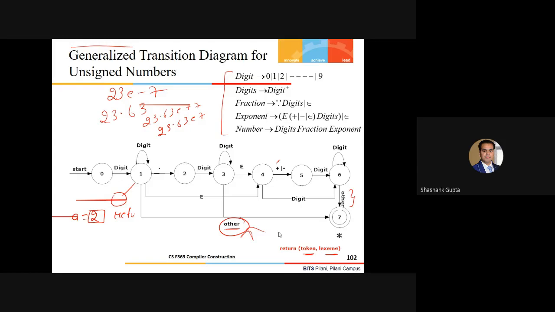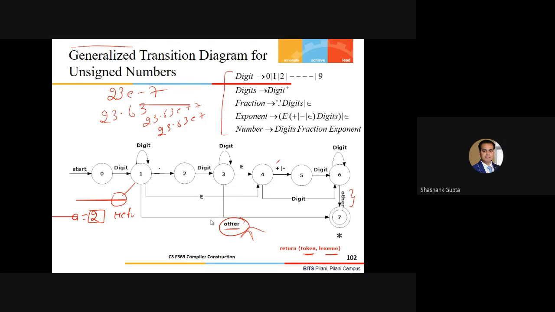Fine. Any other thing, guys? Any comment, any suggestions? So the definition of other must be different for all the three transitions, 1 to 7, 3 to 7. Here it is different, but it is quite possible that in the recent transition diagram it was the same. So it depends on the specifications. Like one guy asked me at the start of this lecture how we should avoid this. So now we are coming closer to that.